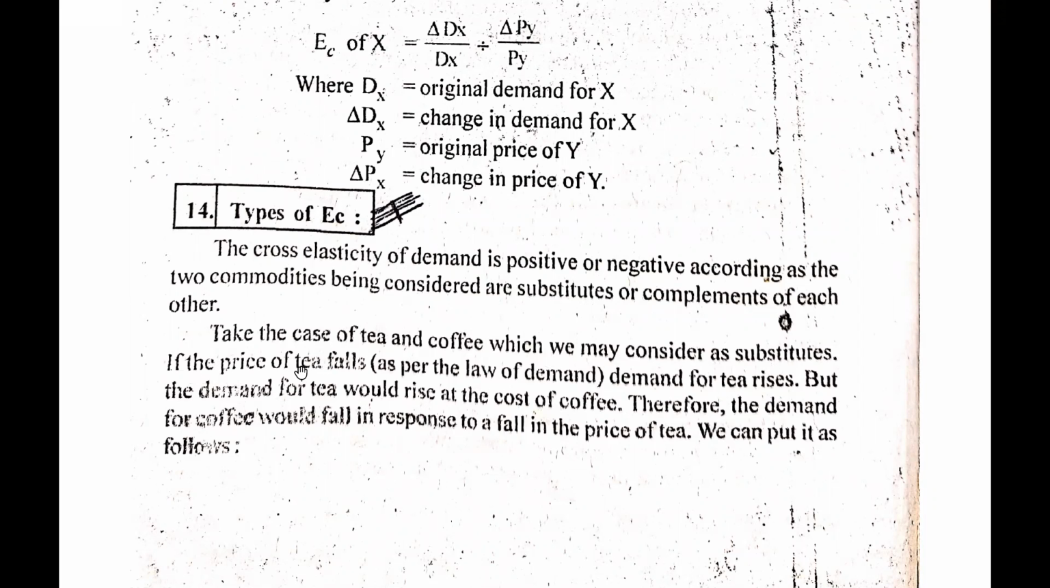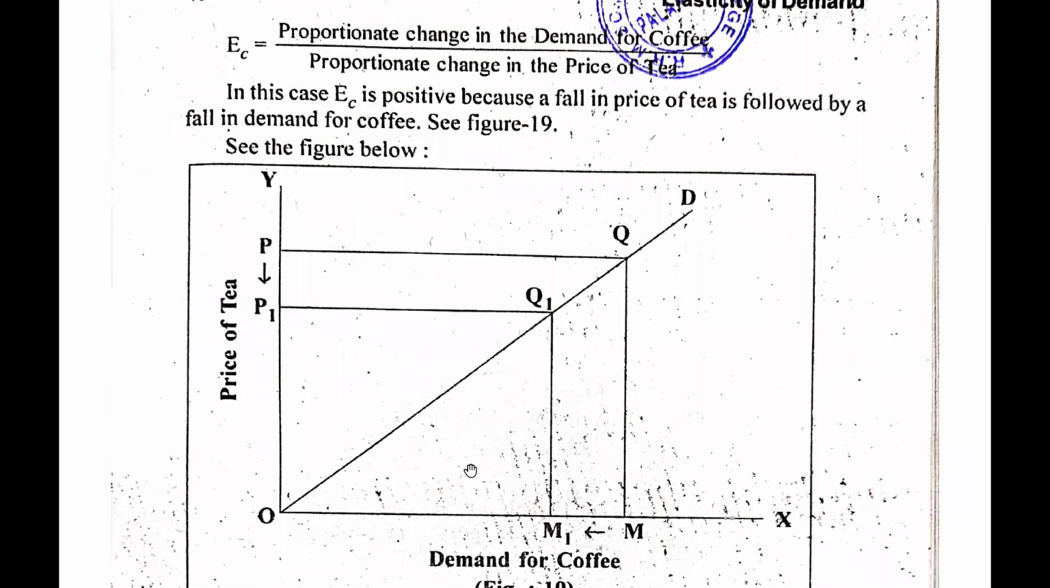So if the price of tea falls, as per the law of demand, the demand for tea rises, but the demand for tea would rise at the cost of coffee. Therefore, the demand for coffee would fall in response to a fall in the price of tea. We can put it as follows. So guys, when the two goods are substitutes for each other, there will be a positive cross elasticity of demand. But when two goods are complementary to each other, there will be a negative cross elasticity of demand,